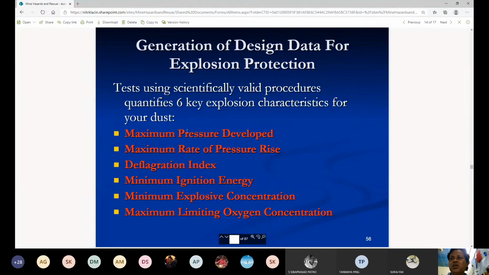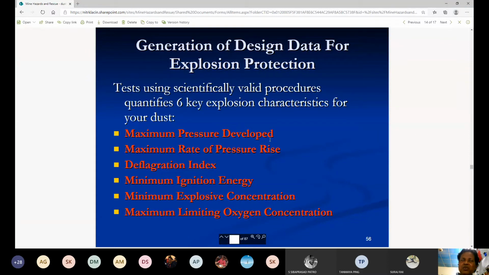For the coal dust, whether it is explosive in nature or not, you have to generate design data for explosion protection. So in the laboratory, with the help of the Hartmann apparatus or other apparatus,